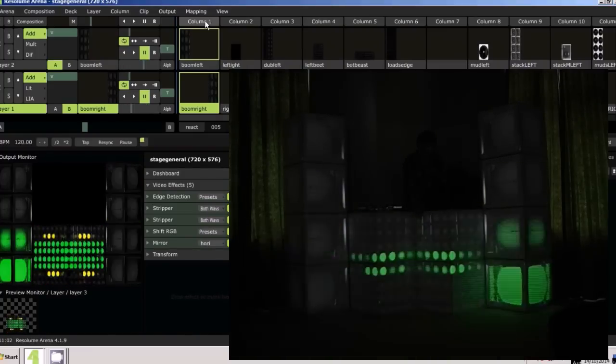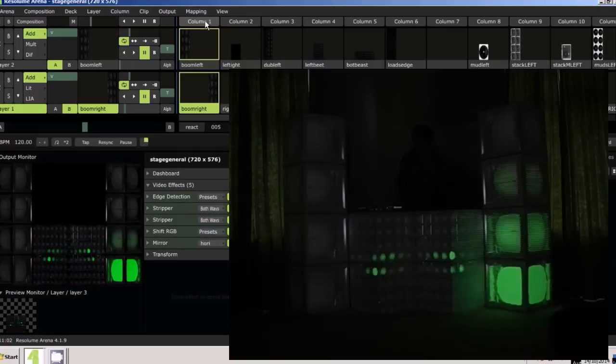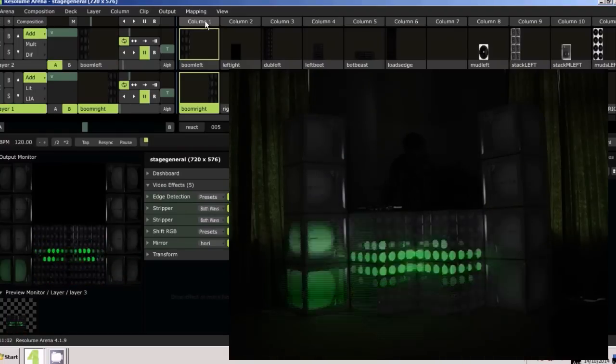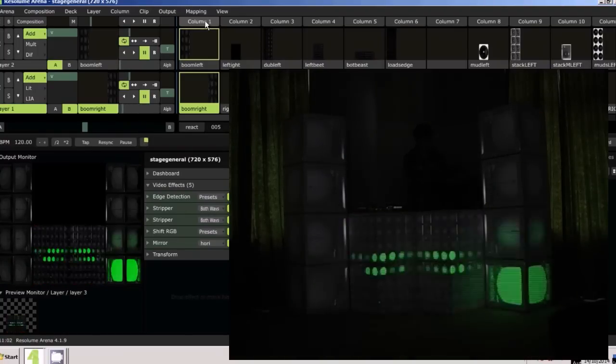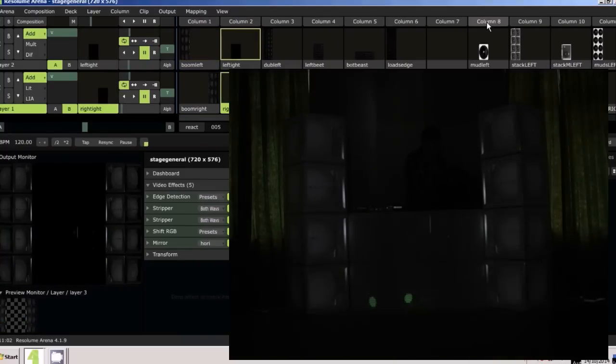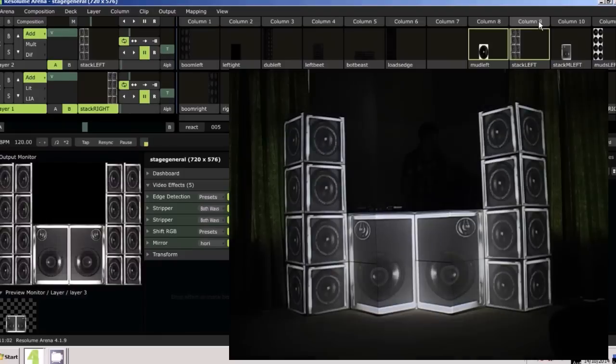You can see this one's coming from my voice, which is the mid-range. Got bass here, and this one's responding to the high end in the treble. And different clips as well, you can map different ways of doing that, and all audio responsive. So we'll have a look at that in a moment, but for now we'll jump into After Effects and we'll